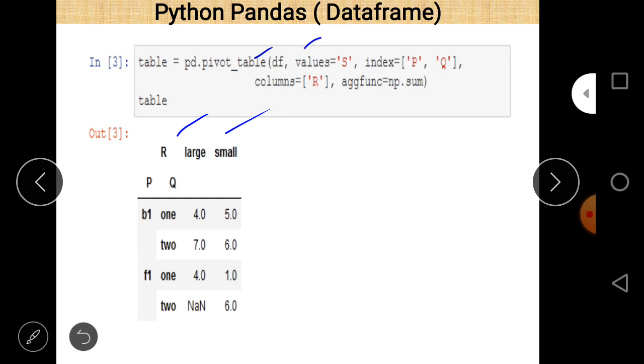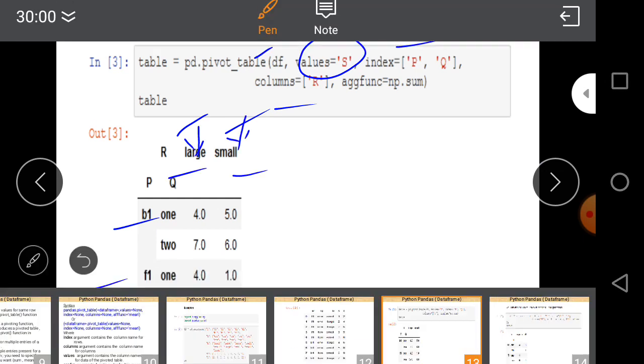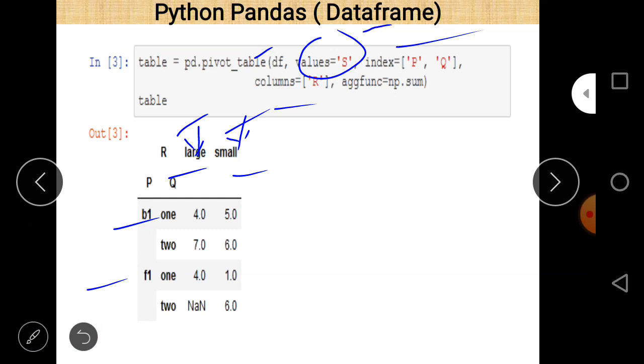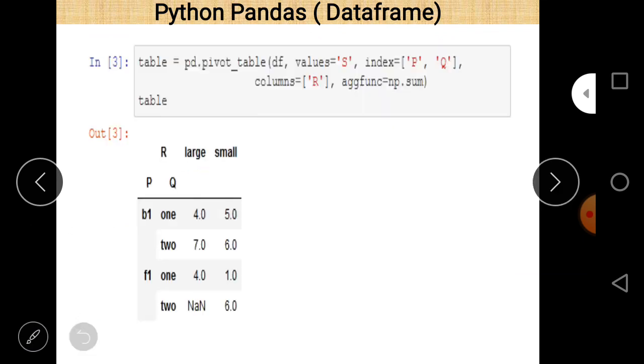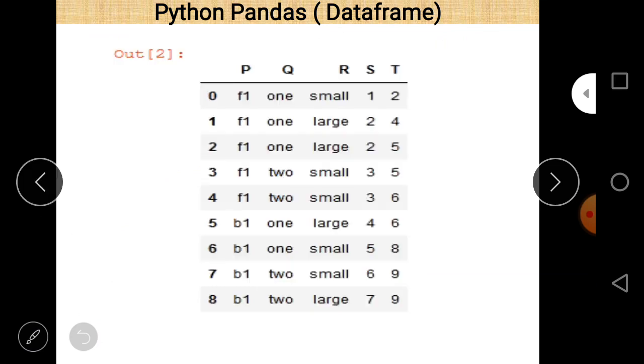Values will be discussed later on. So P and Q are the index names, and column R contains 2 values, large and small. That's why they appear here. The values which is S belongs to column name S. These are the values regarding column S, and these are the values regarding column T.